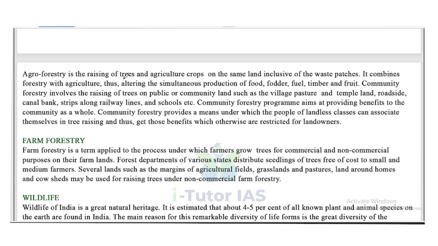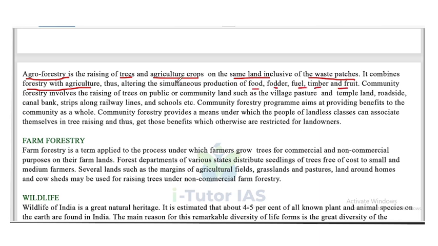Agroforestry is the raising of trees and agriculture crops on the same land inclusive of the waste patches. It combines forestry with agriculture. Okay, so that is called agroforestry, forestry with agriculture, thus allowing the simultaneous production of food, fodder, fuel, timber and